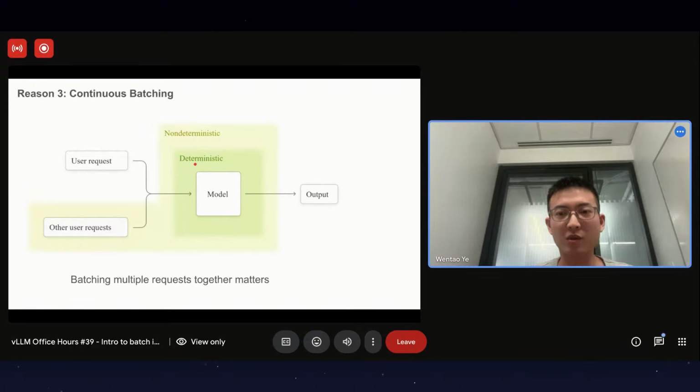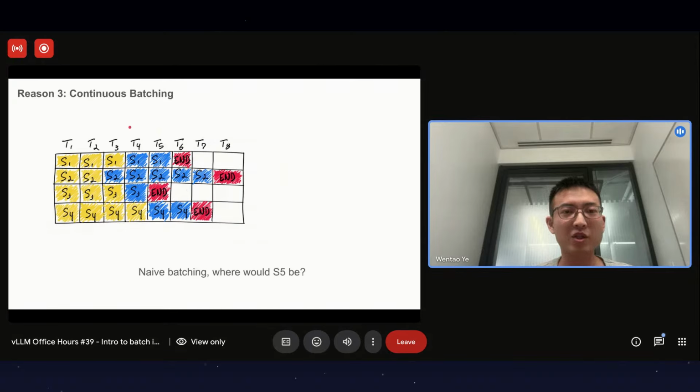Non-determinism is introduced with multiple requests together. This comes from the continuous batching that is commonly used in large language model inference. So let's take a look at naive batching first. As you can see here, we have to wait until all of the sentences get done, and then start the next sentence. So if we have S5, where would S5 be? Yes, S5 will start at T9 instead of earlier, which is kind of a waste of